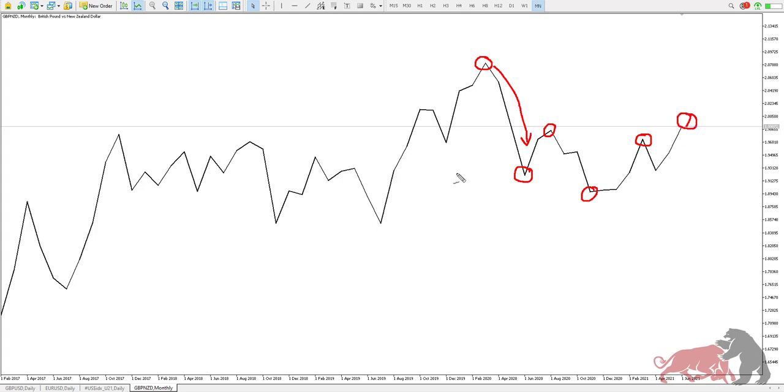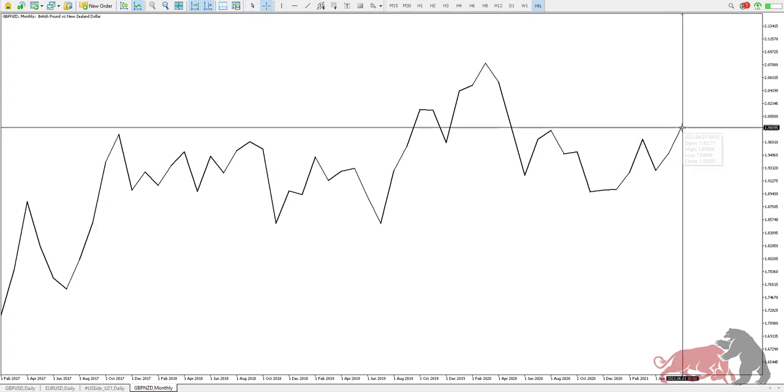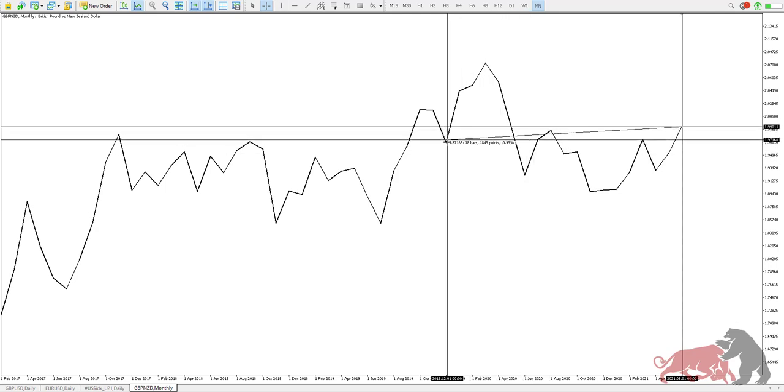Now when you're looking at price action, the 9 to 18 month period is crucial. How do you determine that, right? The 9 to 18 month, we start from here, period 11 bars, so our 18 months is coming right at this